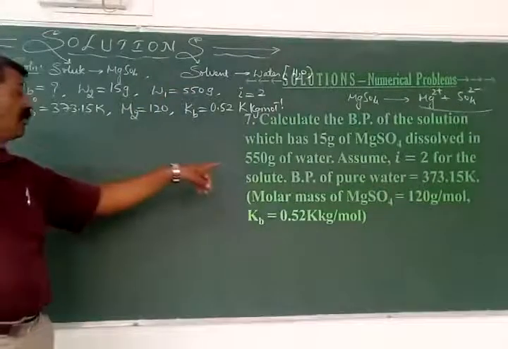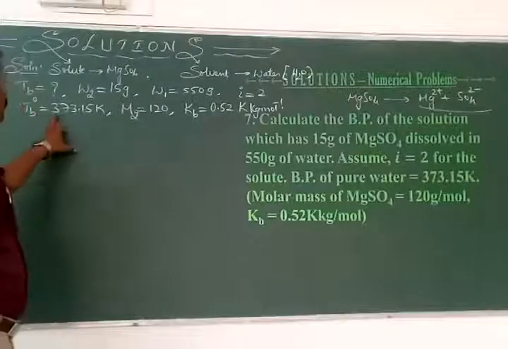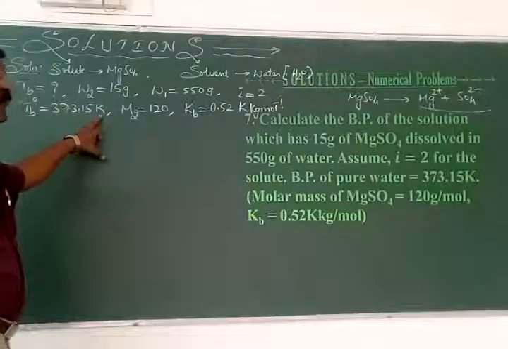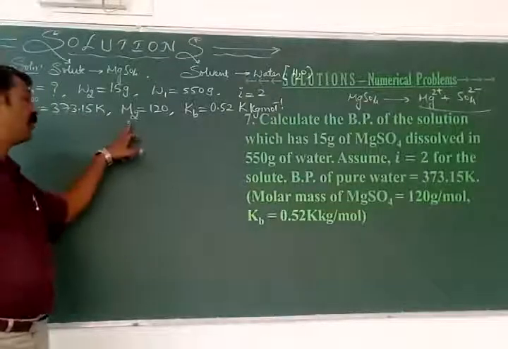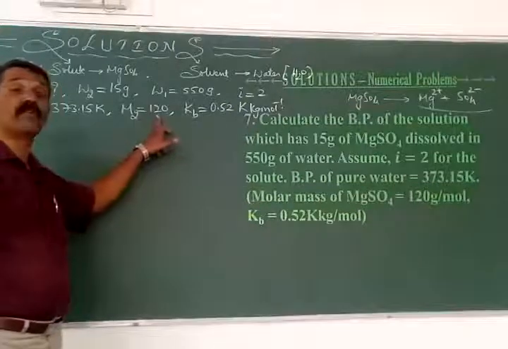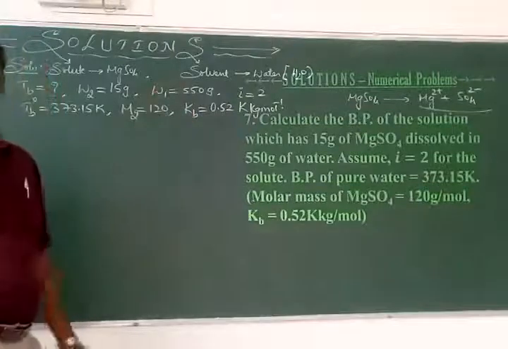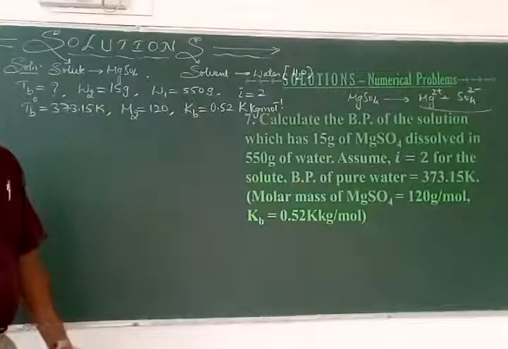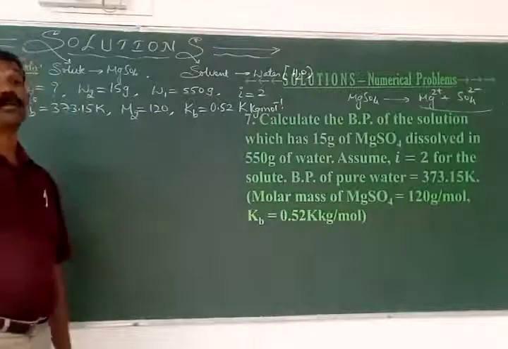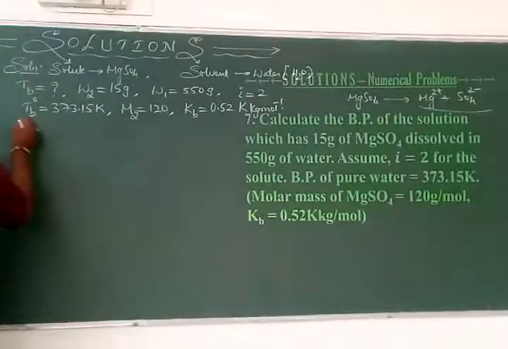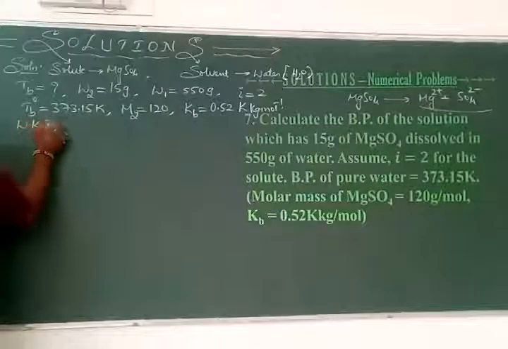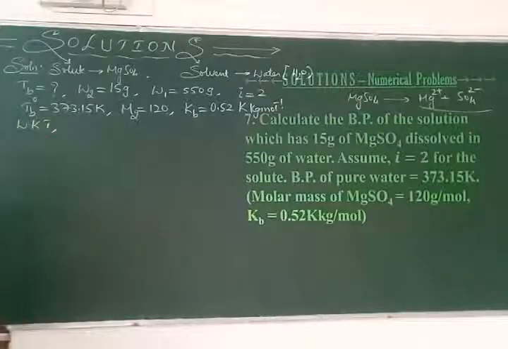Then the boiling point of the pure water is already given. What is that boiling point of the water? It is given as Tb naught is equal to 373.15 in terms of Kelvin. And also the molar mass of magnesium sulfate is already given as 120, and the molal elevation constant Kb is given as 0.52. We know that